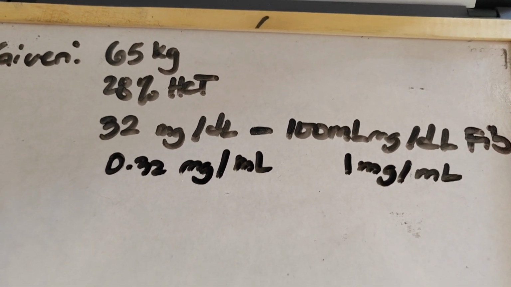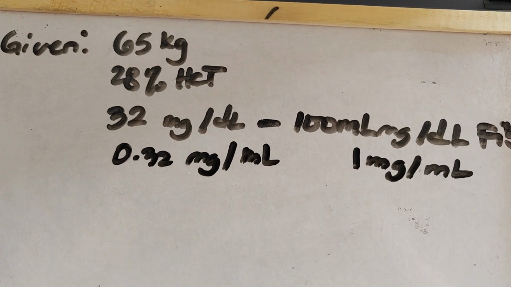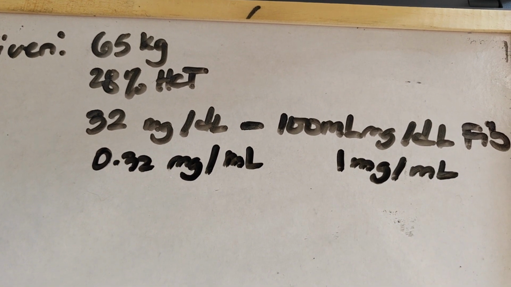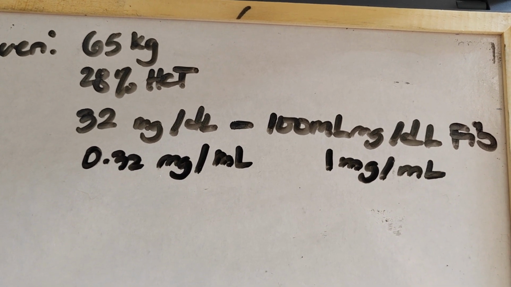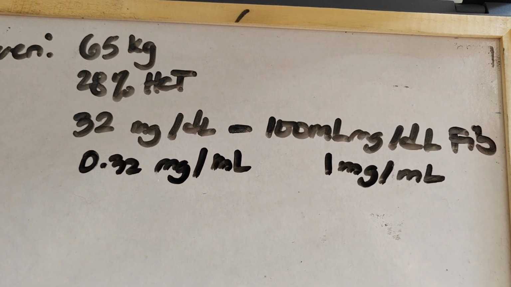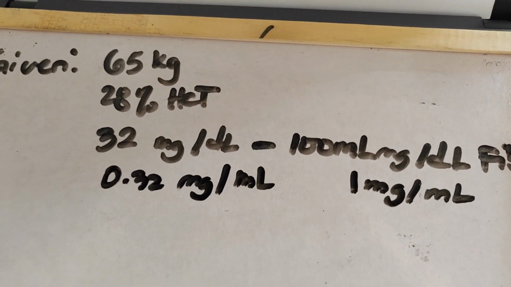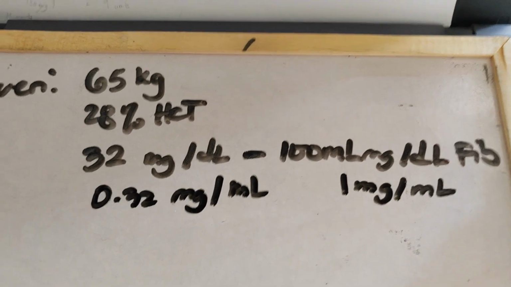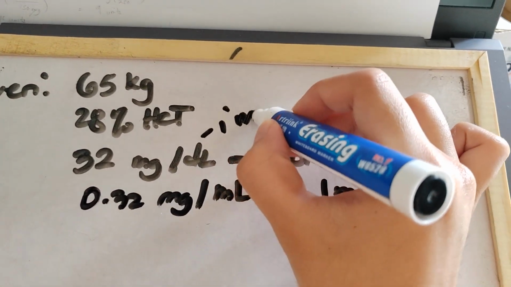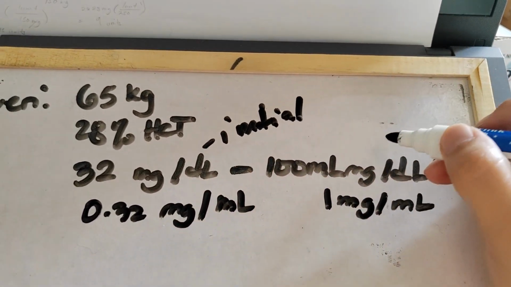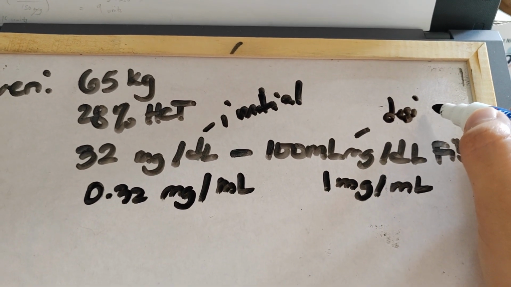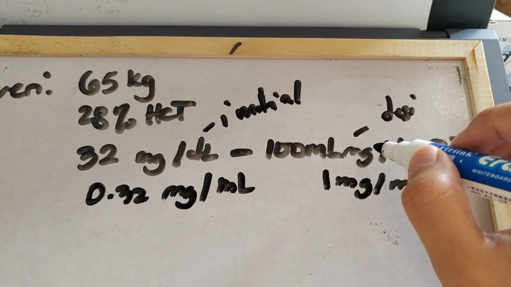So, initially, meron siyang 32 mg per dL na fibrinogen. This is the initial. This is the desired. Gusto natin maging 100